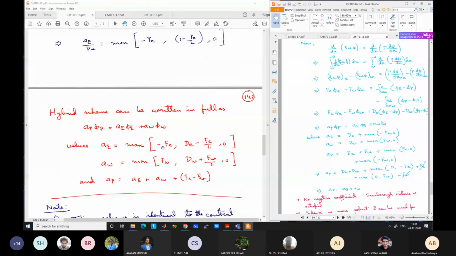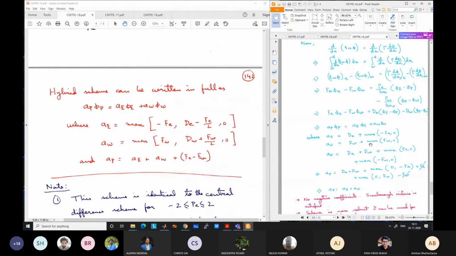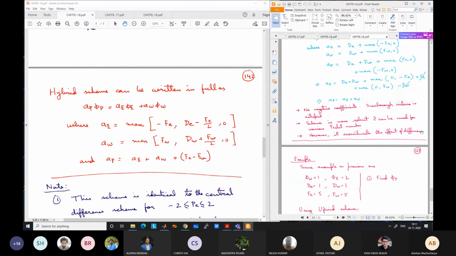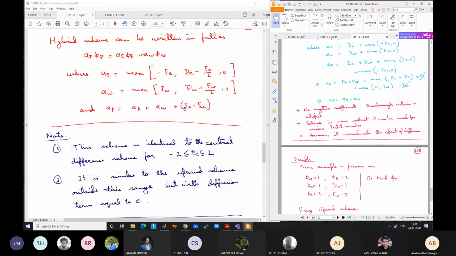And if it is greater than 2, if the Peclet number is greater than 2, this term will be negative. So it will be maximum of negative and 0, which will be 0. So D plus 0. So again, D is neglected, so you get just 0 here. Okay. Same thing for AW. So it mimics the upwind scheme, neglecting the diffusion terms. Diffusion effect should be minimal beyond a certain region, and that's what we get from the exponential scheme and upwind hybrid scheme. Okay. That's why I had noted here that in the upwind scheme we had noted that it overestimates the effect of diffusion. Okay, which is not the case here.